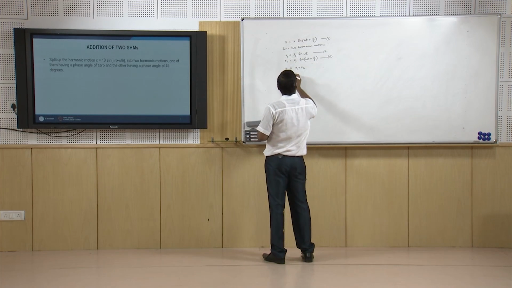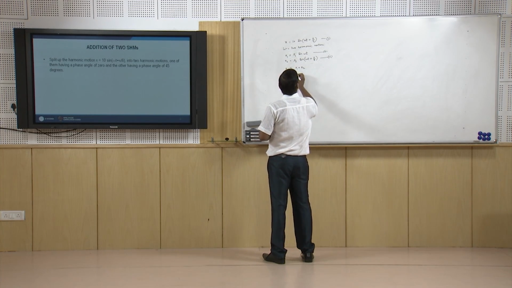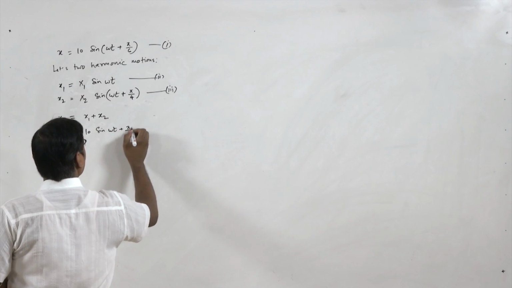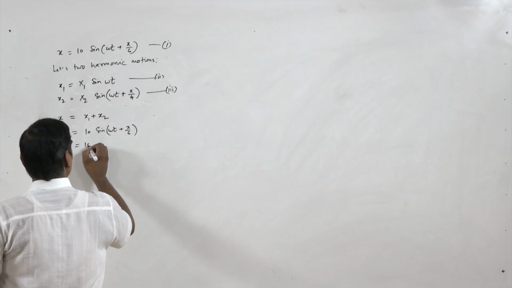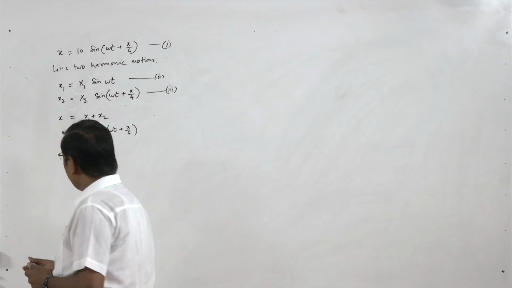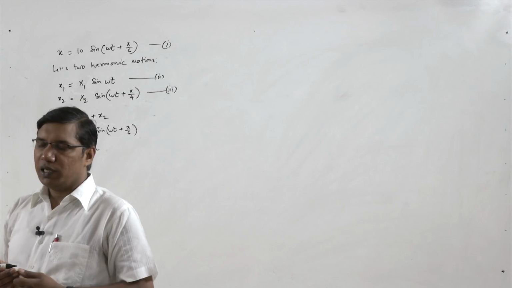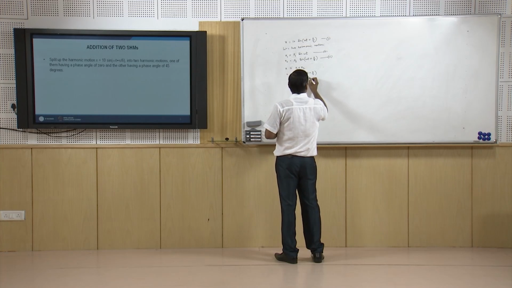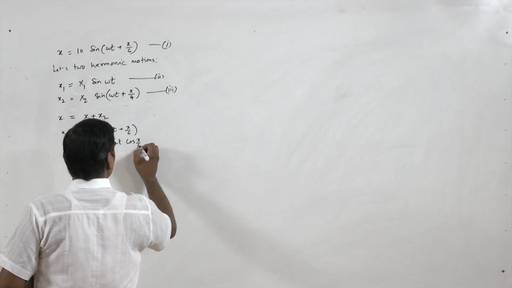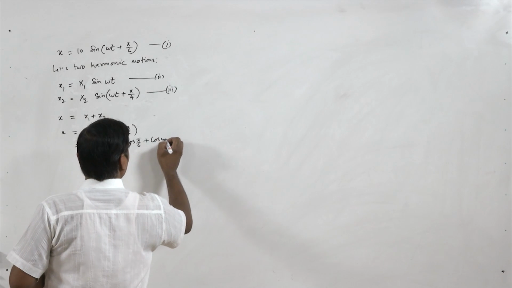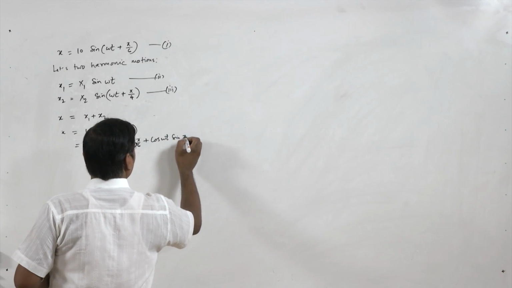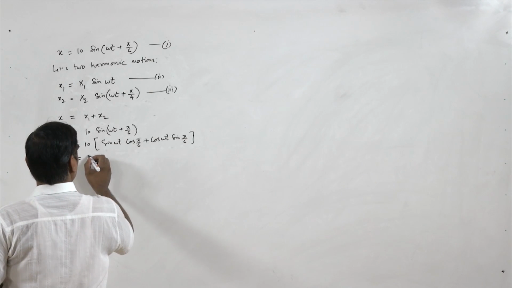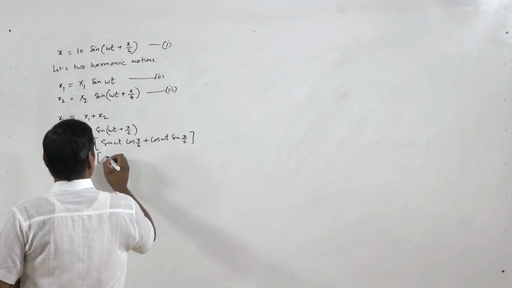Here we have x equal to 10 sin(omega t plus pi by 6). Let us open this: sin(a plus b) is sin a cos b plus cos a sin b. So, it is equal to 10 sin omega t